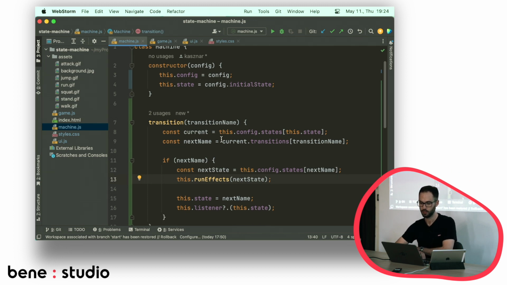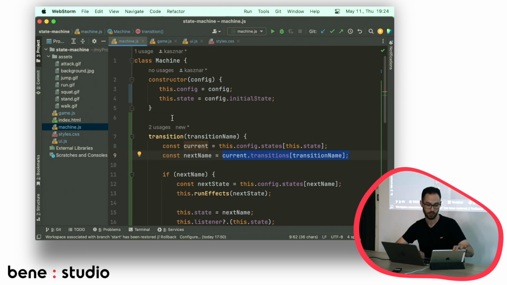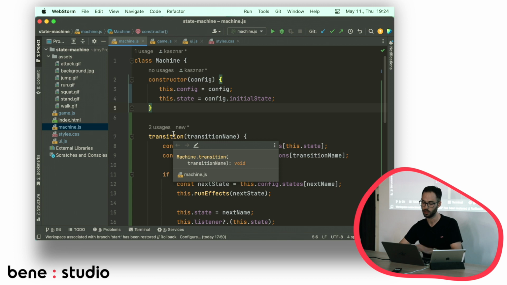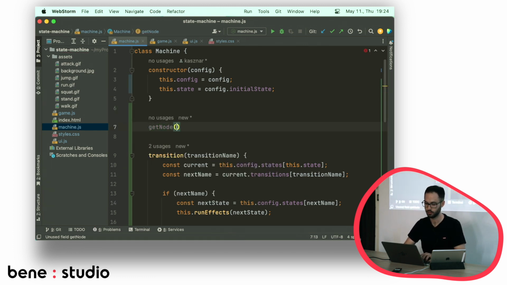What this means, in the machine.js, we no longer can use simple key lookups because these states might be nested inside each other. So we will need to go through the tree and find this node. We could use some sort of caching, but we're not going to do that today. We will traverse the tree every time. So let's create a getNode method that accepts the name and the states